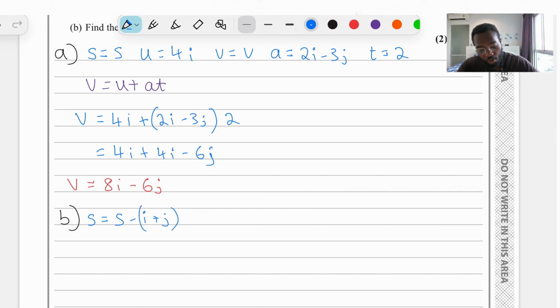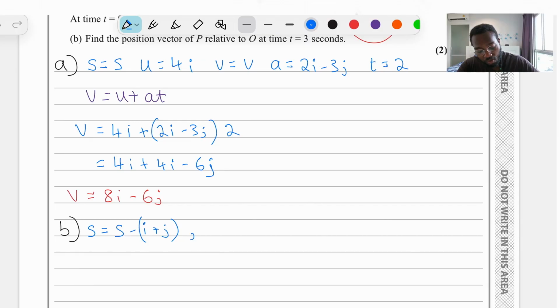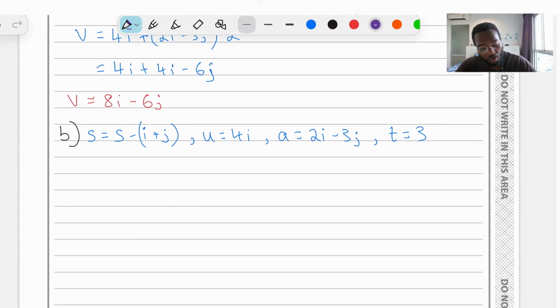Our U would stay the same as before, it would still be 4i. Our A would still be 2i minus 3j, and we've got that t is equal to 3 seconds, so t is equal to 3. Now using these values, we can use the SUVAT equation S is equal to ut plus a half at squared. And if we do that, we get S minus i minus j